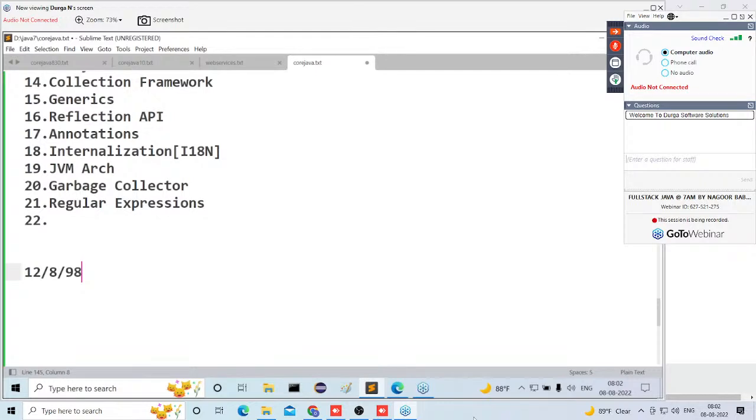What is the requirement to go for regular expressions? This is just one example I've given regarding regular expressions, not more than that. We prepare some patterns and compare our values against that pattern. If it is matched, we move on for further analysis. If it is not matched, we give some error message. To do this kind of work, we need regular expressions. Again, I'm telling you, regular expressions are not that important at core Java.